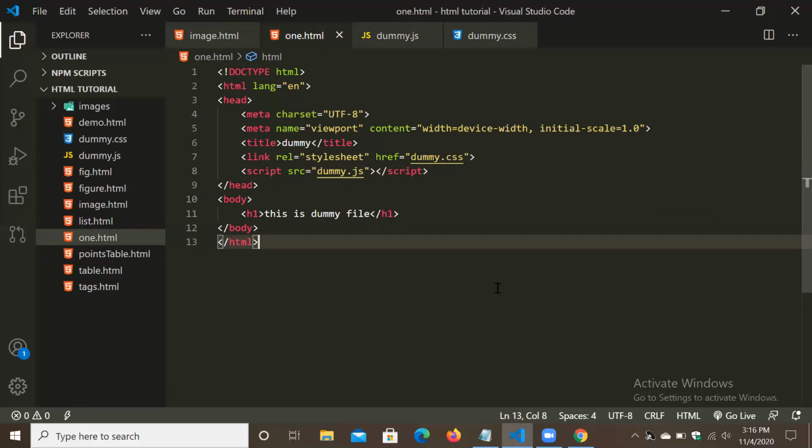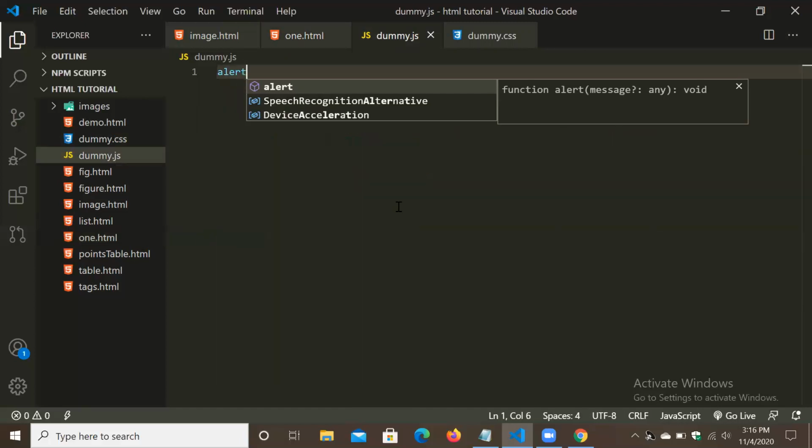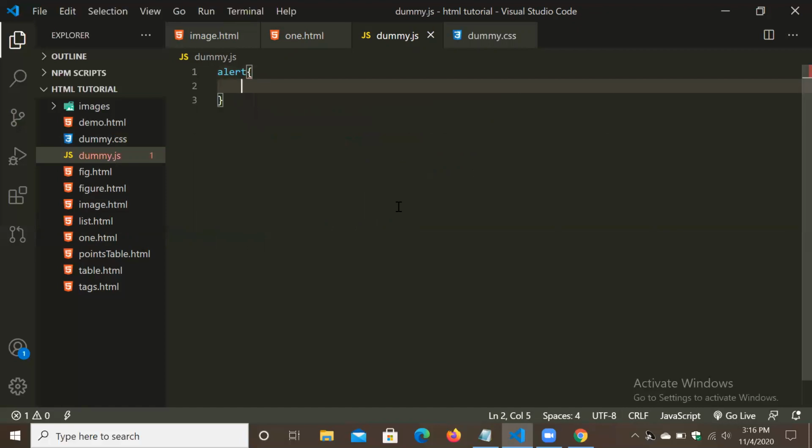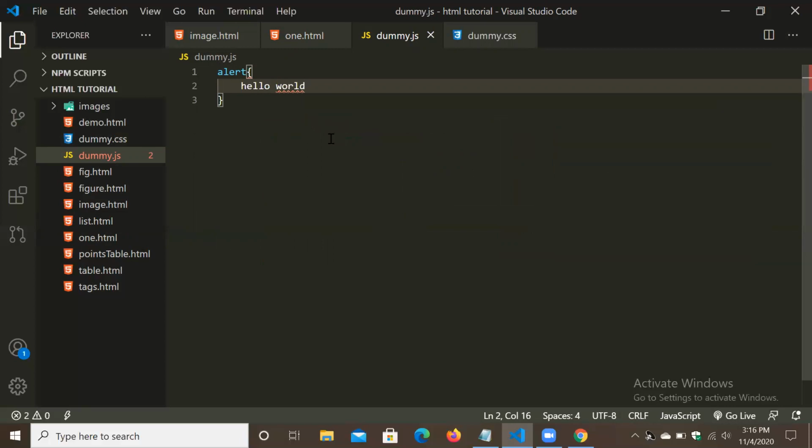In dummy.js what we can write is alert, hello world.